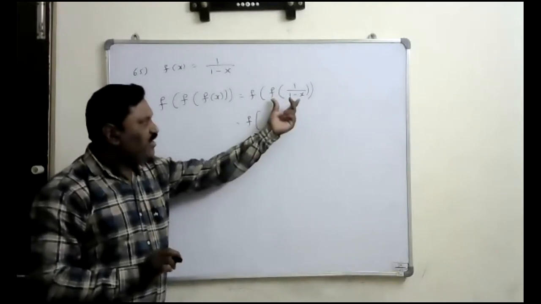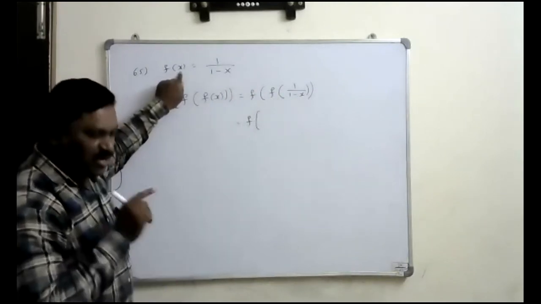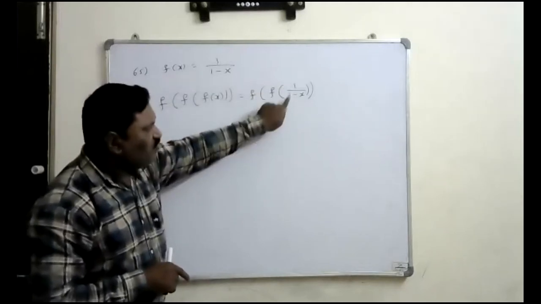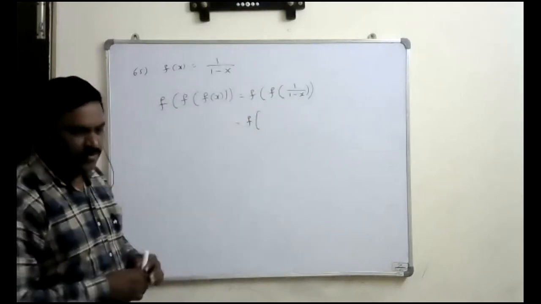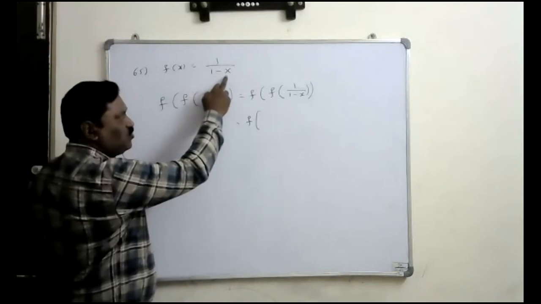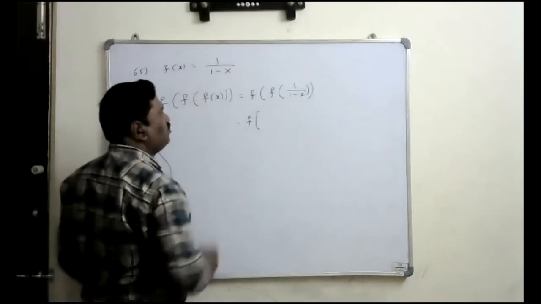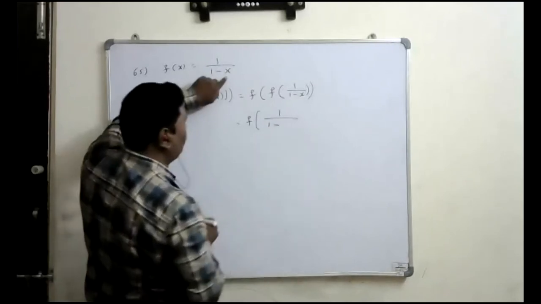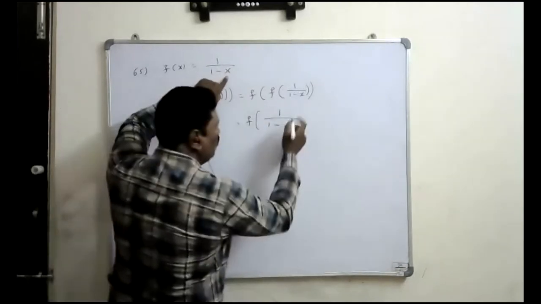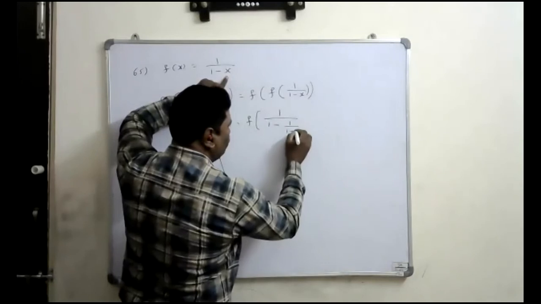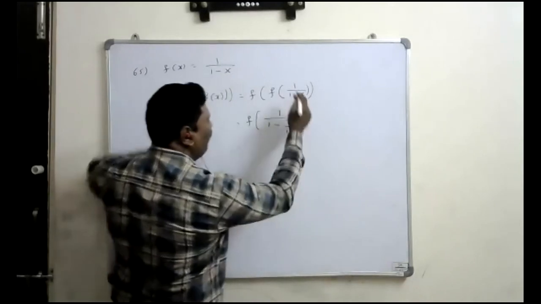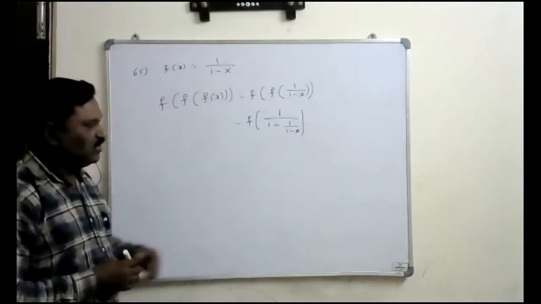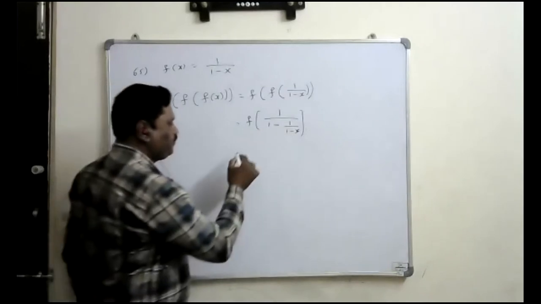Okay. So to evaluate this, in the place of x, substitute this whole function 1 by 1 minus x. In the place of x, on both sides, substitute 1 by 1 minus x, then it is 1 by 1 minus, here x is there, in its place substitute the whole thing, it is 1 by 1 minus x. This is f of 1 by 1 minus x. Okay. Now what is the LCM of this?